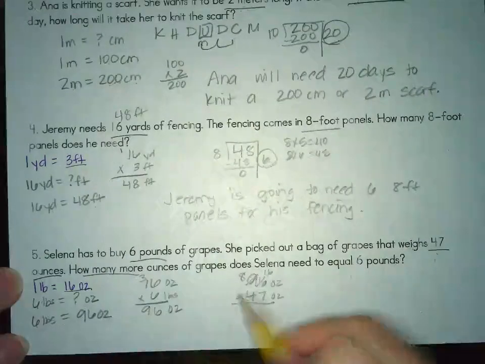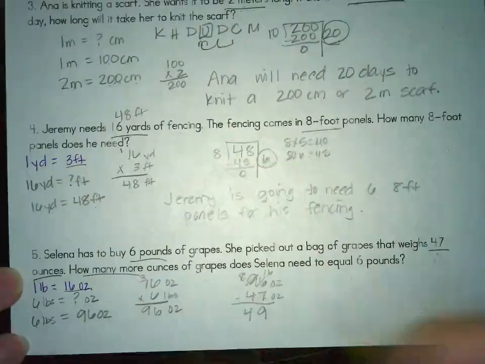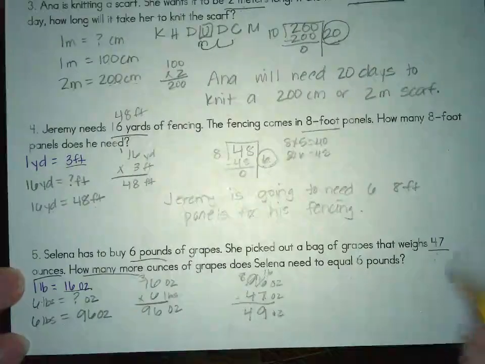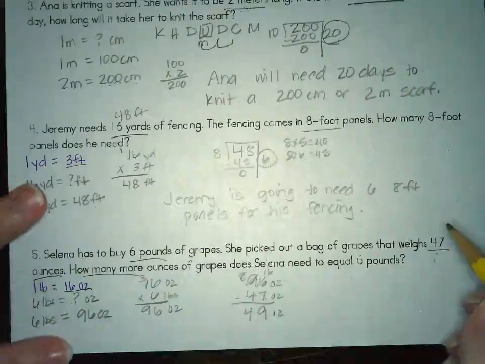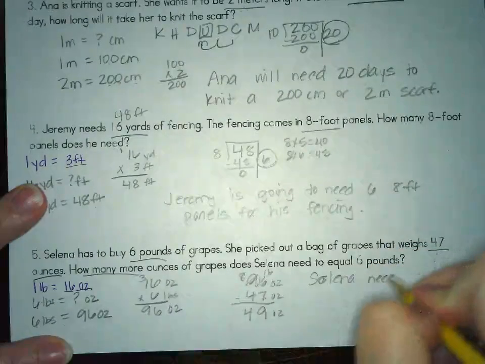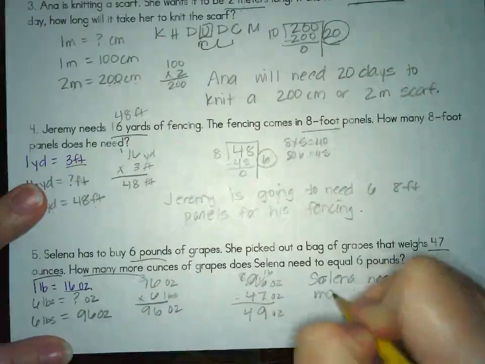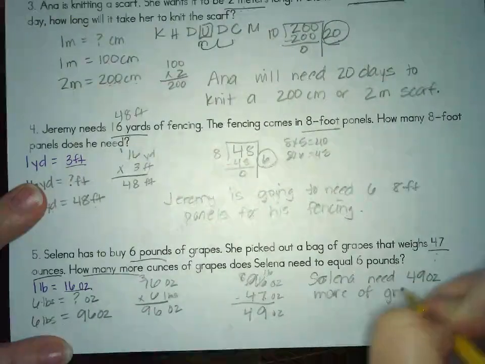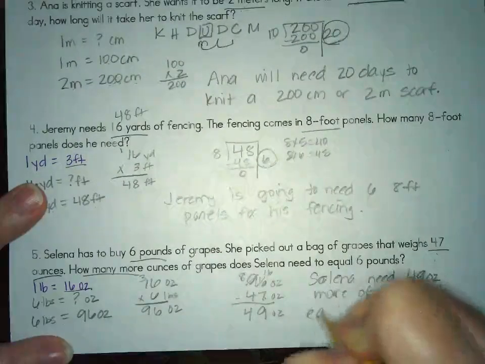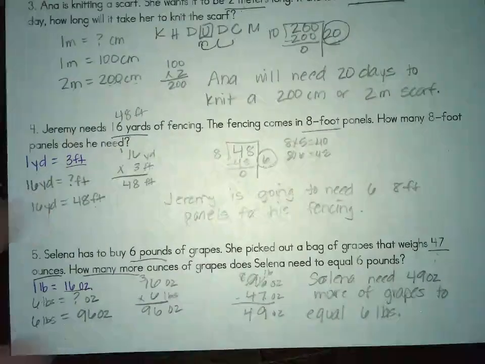I have to borrow. So 16 take away 7 is 9. And 8 take away 4 is 4. So he needs 49 more ounces. Selena needs 49 ounces more of grapes to equal 6 pounds. Okay? So this is an opportunity for us to work through some problems together, and you are going to